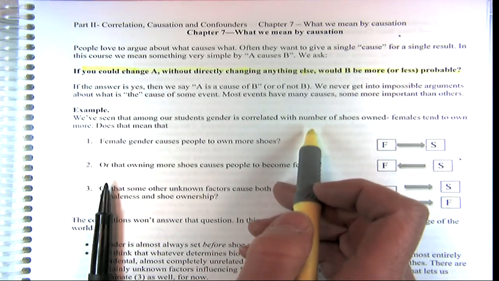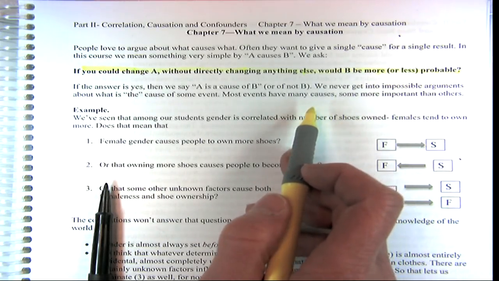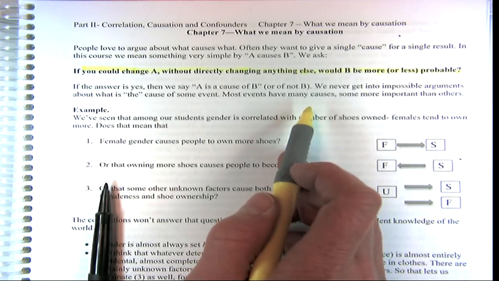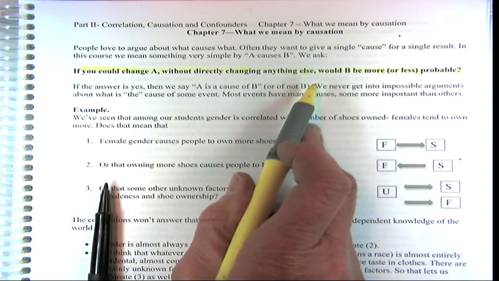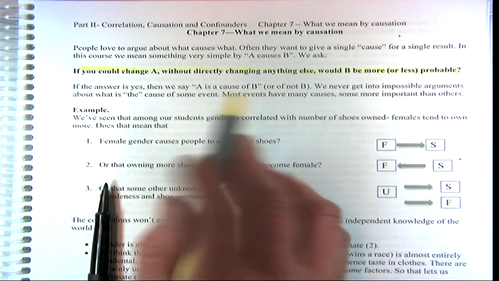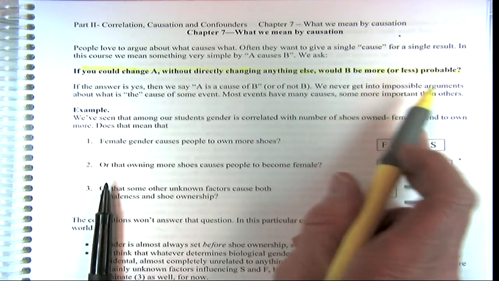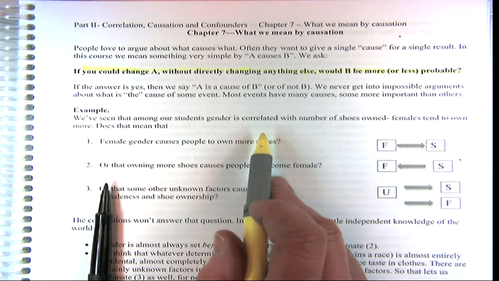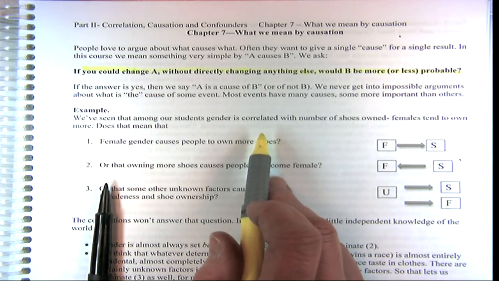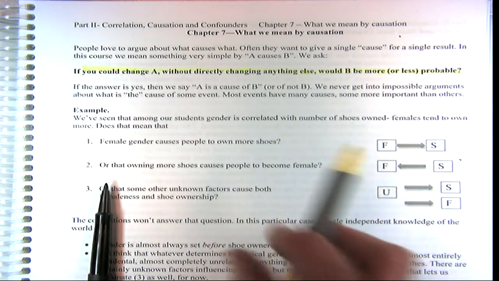And it's not like there's necessarily a single cause of an event. It's just, do you change the probability? If you change A without changing anything else, will that make B more or less probable? So let's do our example. Can we say that being female causes